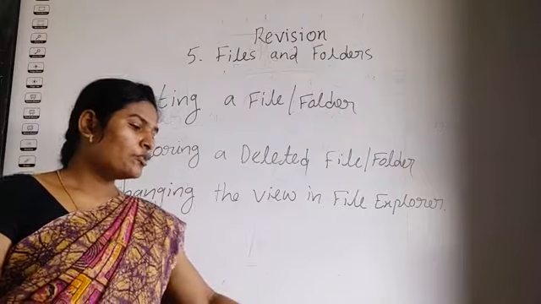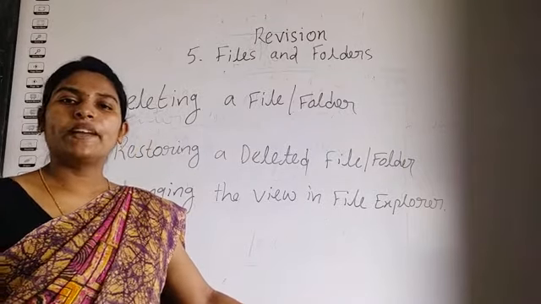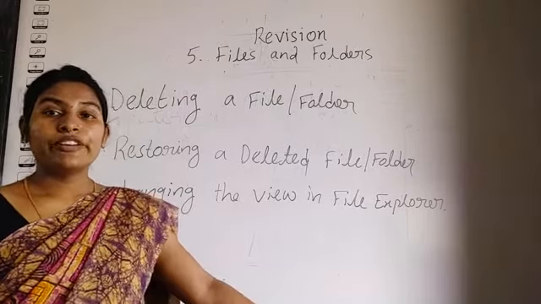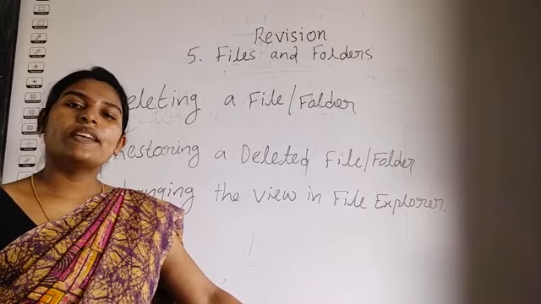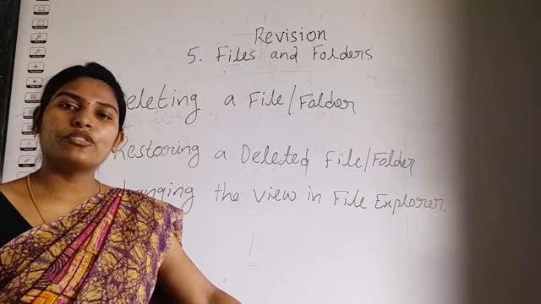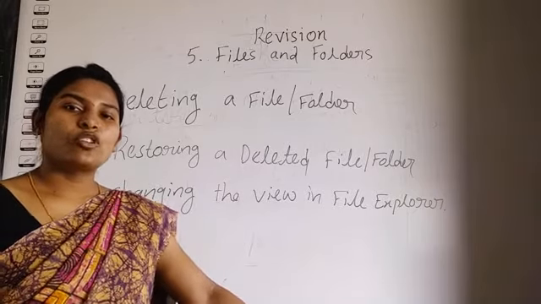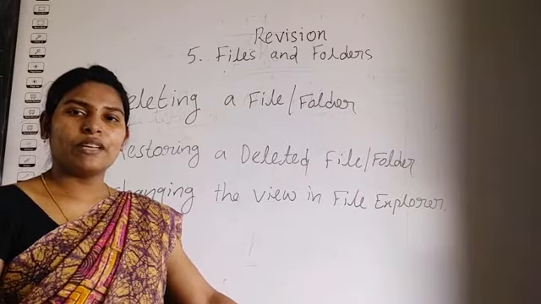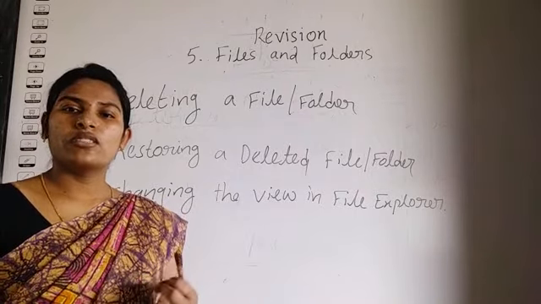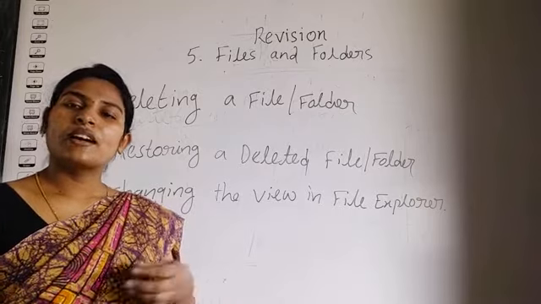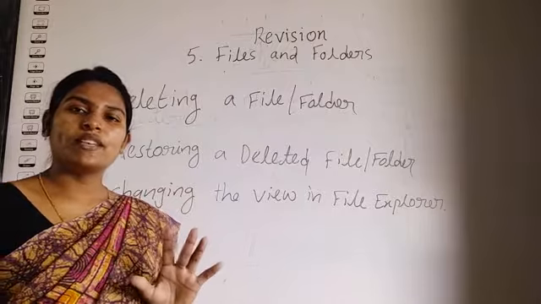After that, go to the View tab, in the Layout group. After opening the content pane, go to the View tab. It is in the same line as the Home tab, in the menu group. Click the View option. From there, there is a Layout option, where you can get small icons, large icons, medium, details. Whichever you want, you can select.